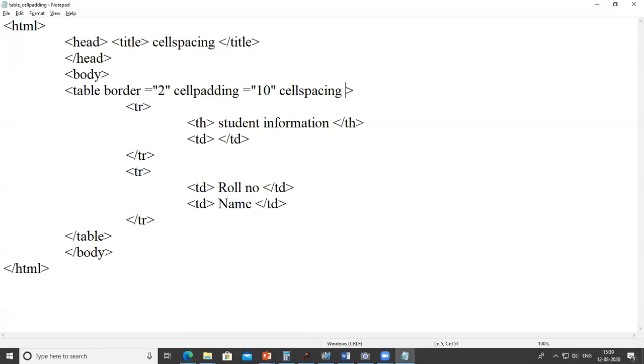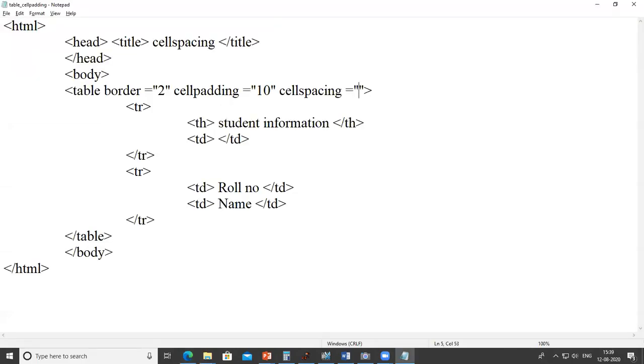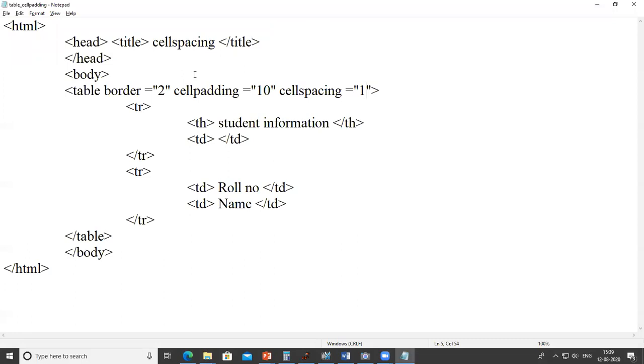So sorry, cell spacing is equal to, suppose, 5. Okay, so it gives some space between two cells. If I minimize it to 1, then it will come like this, very small space between two cells. If I increase it to 15, then it looks separate. So this is the use of cell spacing.